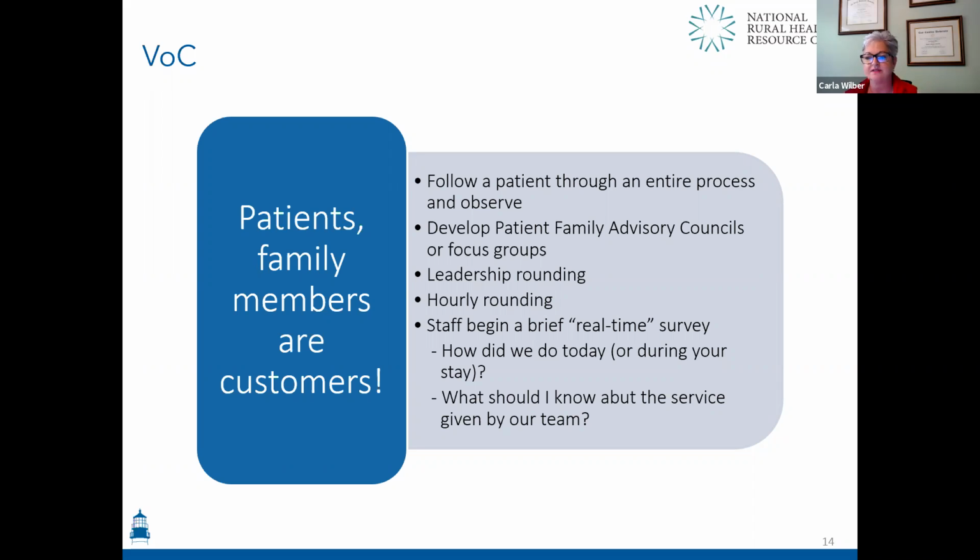information-based decisions. So follow a patient through the entire process, as I had mentioned, developing a patient family advisory council again, or focus groups, and we'll talk more about PFACs. Leadership rounding can give you a large amount of wonderful information. If leaders are rounding on patients, and I know a lot of hospitals have kind of backed off on that during COVID, but prior to and then after, make sure that we do leadership rounding and we talk with our patients and family members, and they can provide you with a great deal of information about how they view their